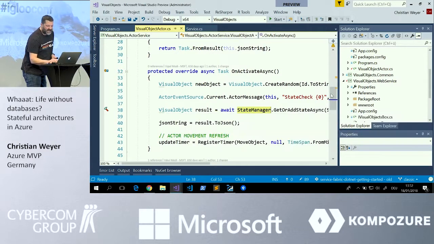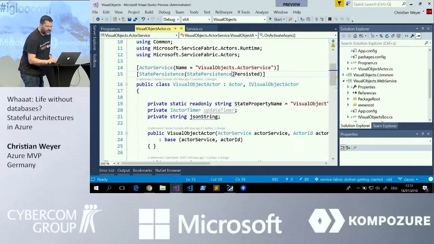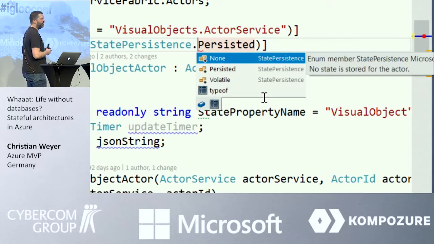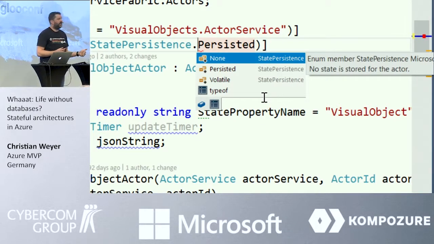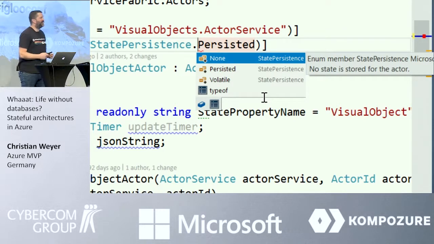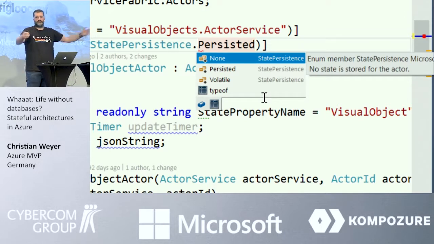And in order to decide what level of persistence you want to have, you just use an attribute. So you can have no persistence, you can have volatile persistence, which means it's just in memory, or you can have a persistence, which means it's being written to disk and through the Azure Service Fabric runtime to all the nodes involved.